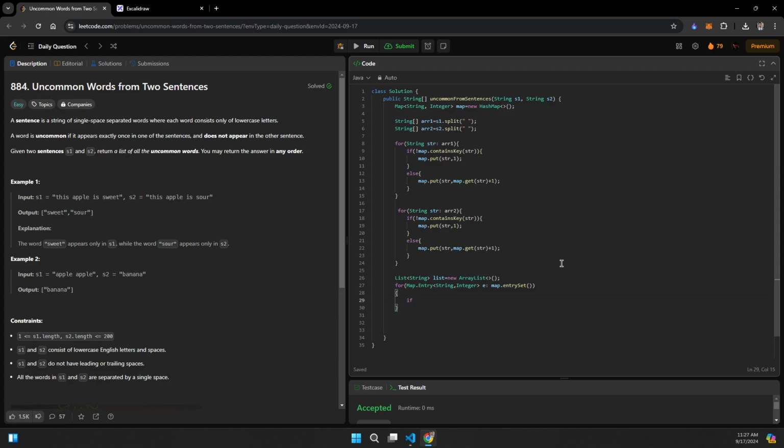So what was supposed to be returned? The question was whichever string appears only once needs to be returned, right? So we can directly check if e dot getValue is equal to 1, then simply add the corresponding key to the list, right? e dot getKey. Alright,